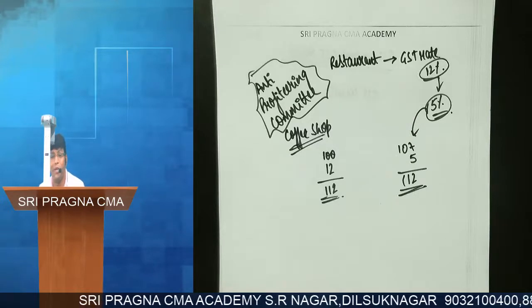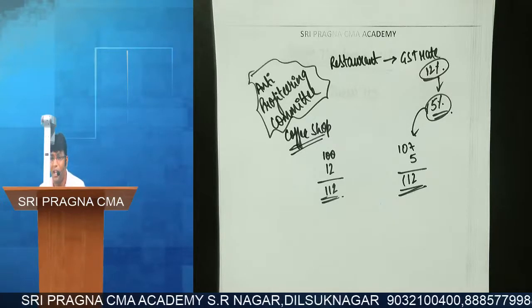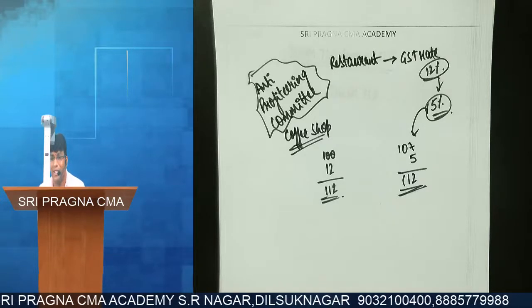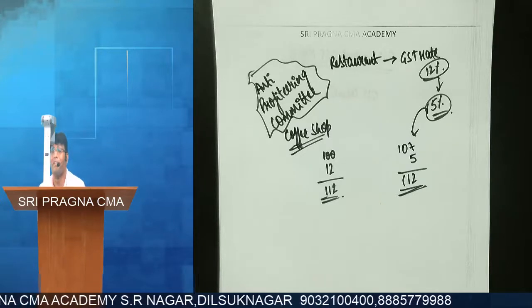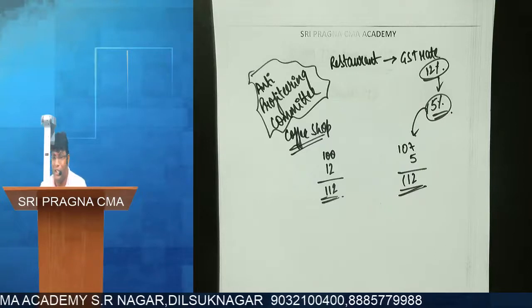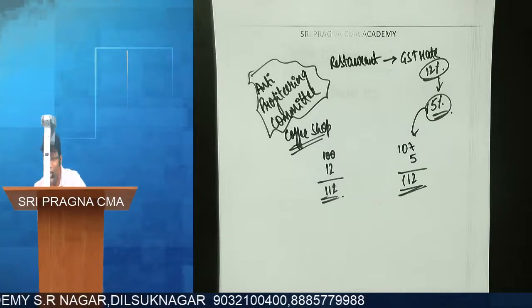Next, I'll tell you an interesting case. You know this company called Johnson & Johnson, they manufacture different products. They also manufacture diapers, baby products. One time what happened? The diaper GST rate came down. When the diaper GST rate has come down, the price of the diaper also should come down, no? They did not reduce.